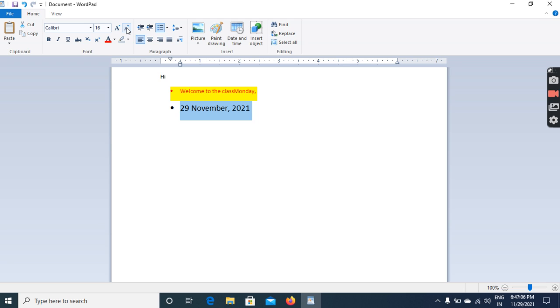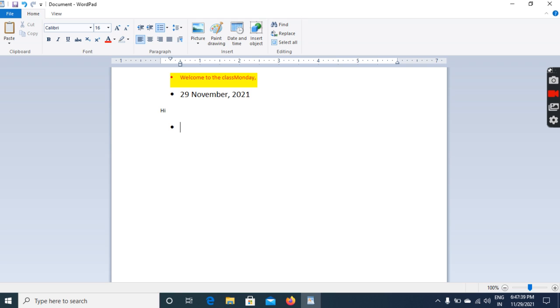Then there are letter styles and effects. You can insert pictures, and you can take multiple printouts at the same time. Then you can cut and paste. Like if I don't want this highlight over here, I can use Control X, the shortcut for cut. I can take it wherever I want, and Control V is paste. So this way you can cut and paste it. You can modify the text while you are typing, or you can complete typing everything and then go and modify it.